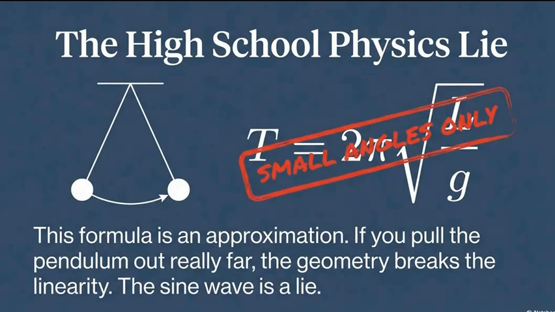In high school physics, we just assume you're only swinging the pendulum a tiny bit. Like barely moving it. Because when the angle theta is tiny, the number for sine theta is almost exactly the same as the number for theta itself. So they just swap them? They swap them out. They replace the complicated sine function with just the simple angle. That turns the equation into something linear and easy to solve. That's where your nice napkin formula comes from.